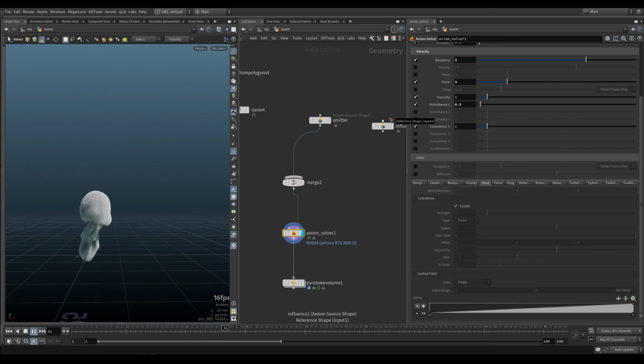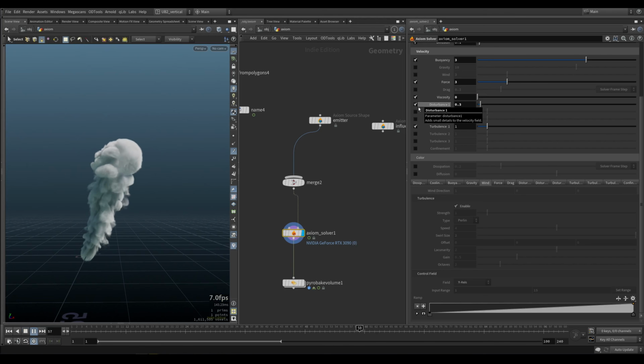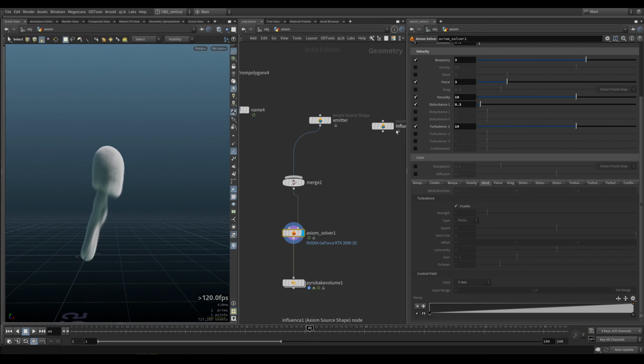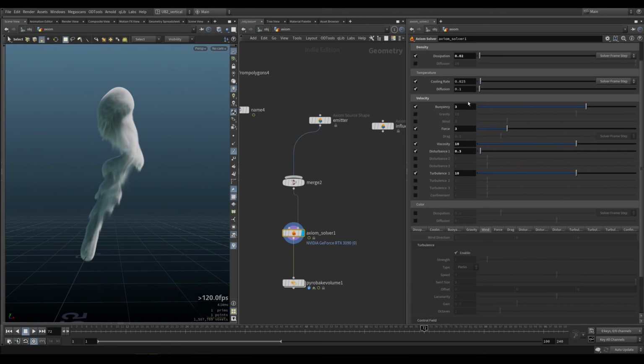Viscosity is good if, so let's say now we have 0 viscosity. Well, that's not true. We have viscosity set to 1. If we put it to 0, you're going to get your basic smoke type of things. If you set it to 10, this would be better for your cigarette smoke type of effects. And if we add more dissipation, I guess,